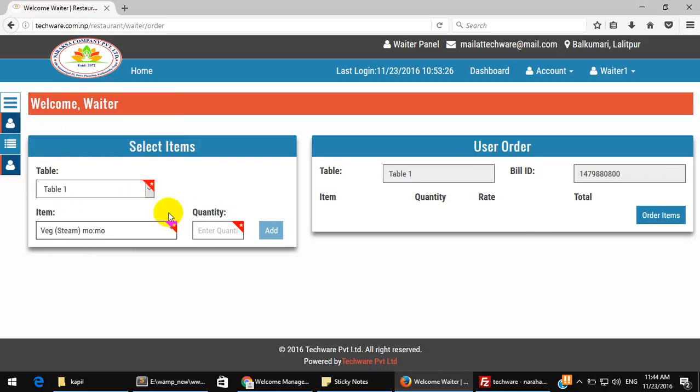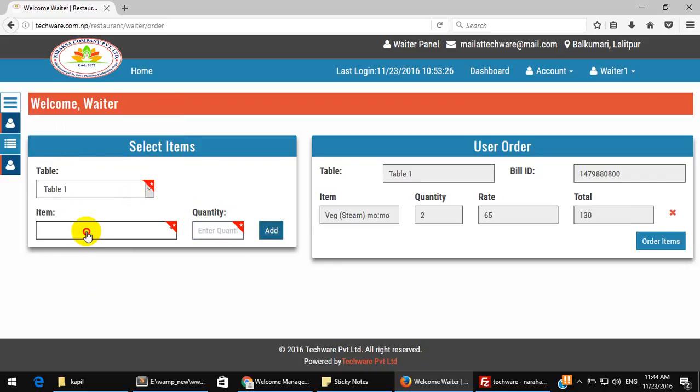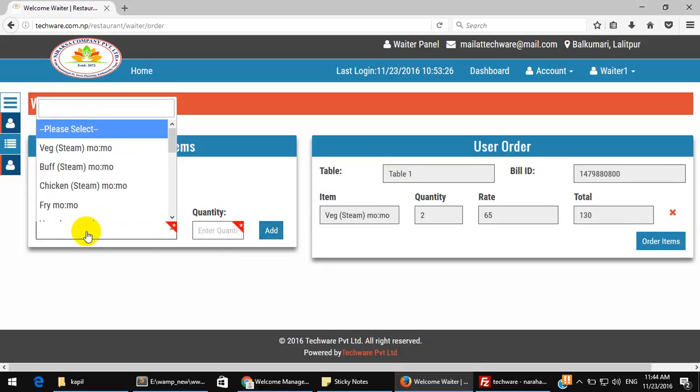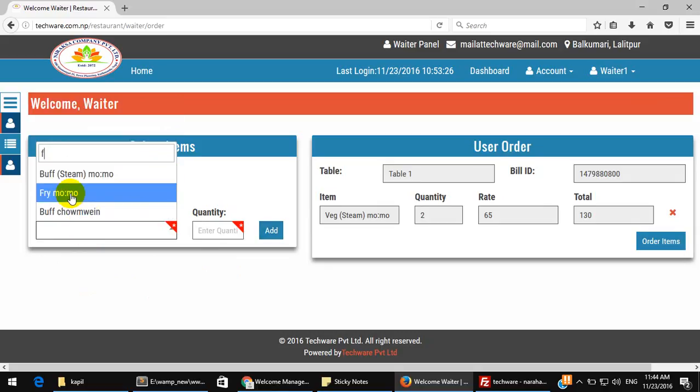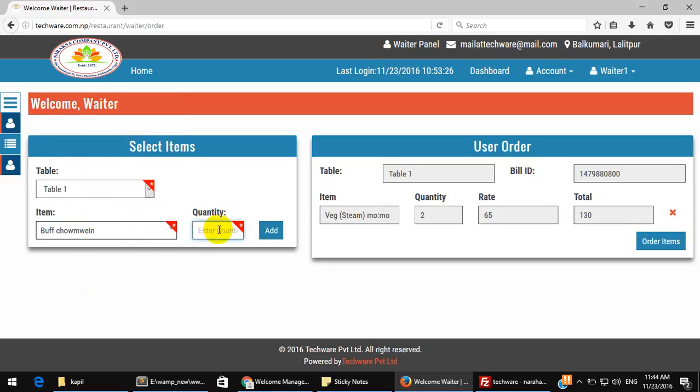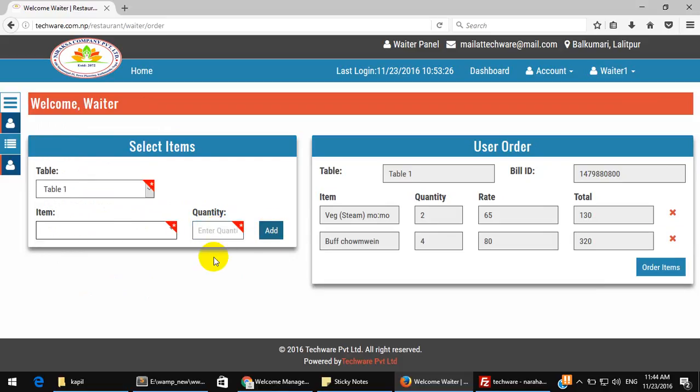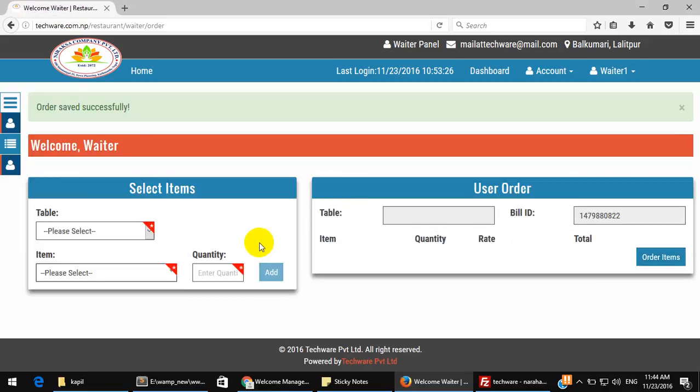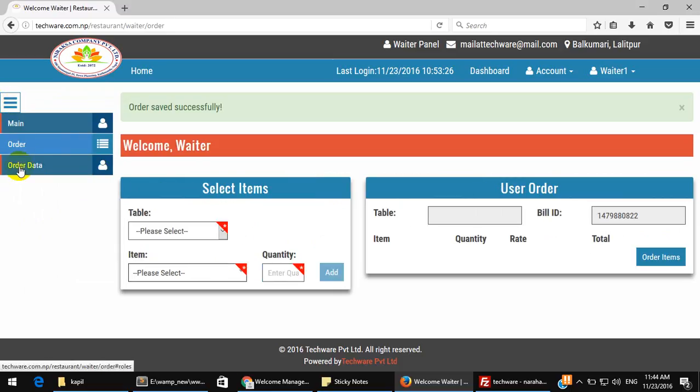Let me take an order for veg momo, and here we have a search feature. Now buff chow mein, let me take 4 plates of buff chow mein, and now I will order these items. Now someone may say that they want to add some items again.